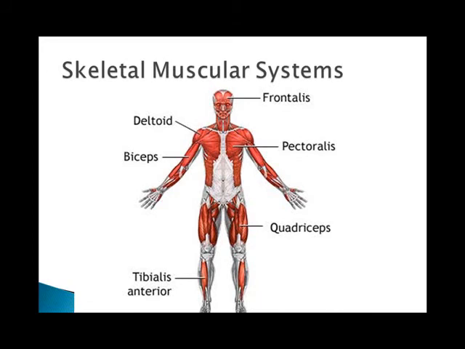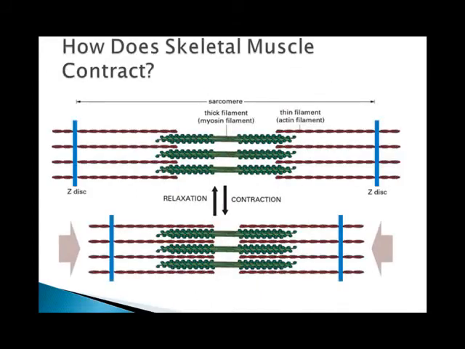Because most muscle attachments are located close to joints, only a small contraction is needed to produce considerable movements of some body parts. Skeletal muscles contract using what's called the sliding filament theory. Muscles shorten because the sarcomeres inside the muscle fiber itself shorten within each cell using the sliding filament model. The mechanism pulls these discs together. See the Z discs on this diagram. It pulls them together